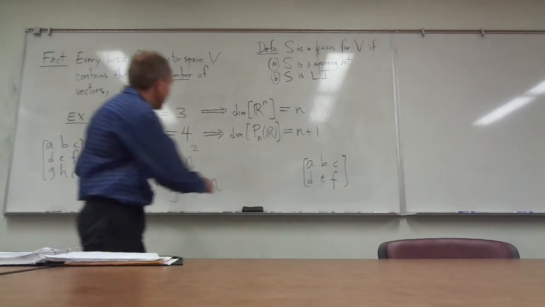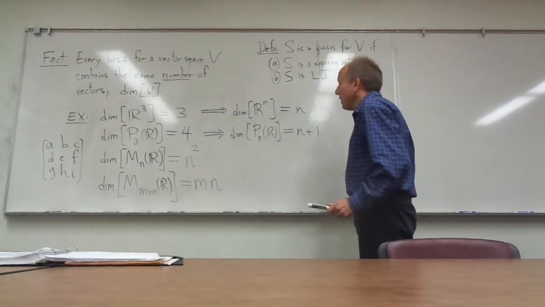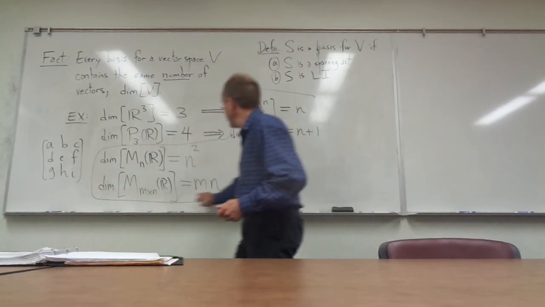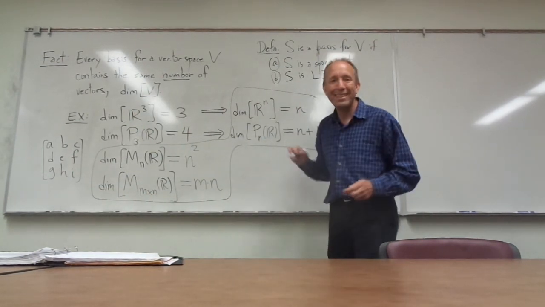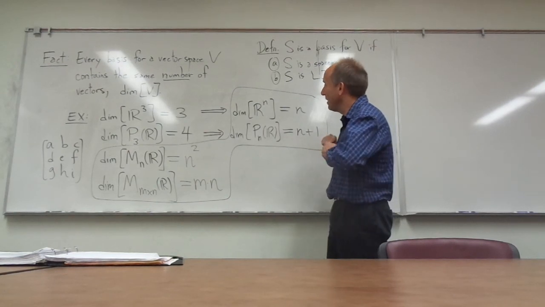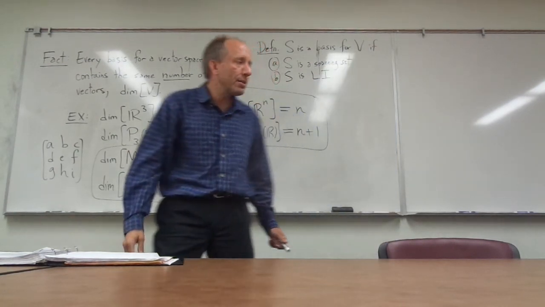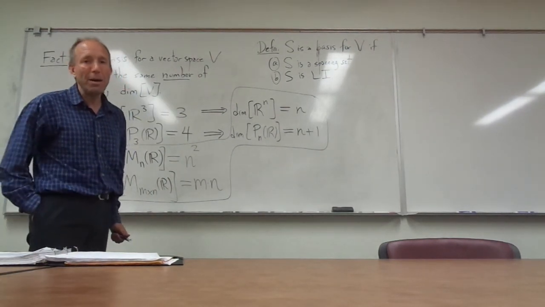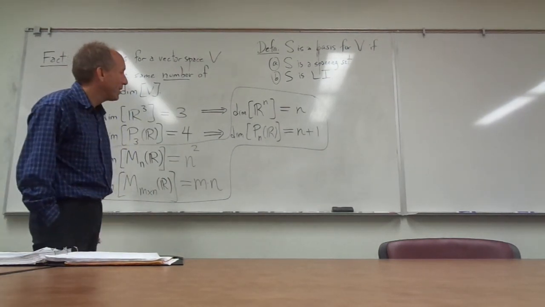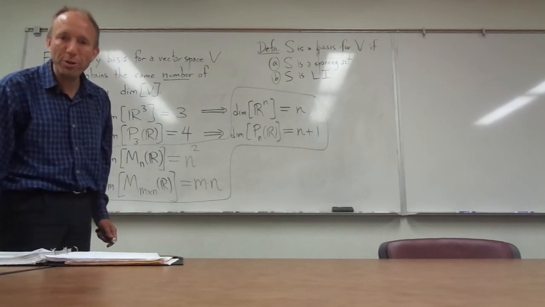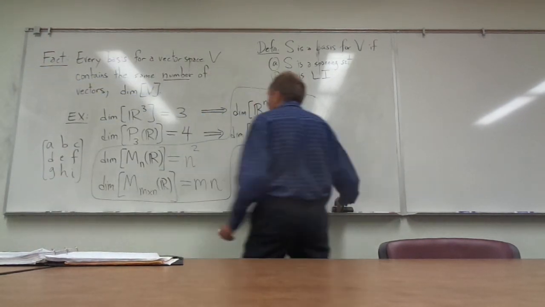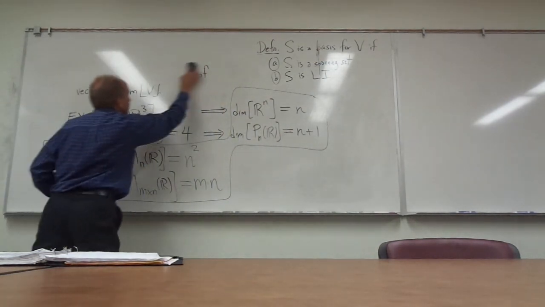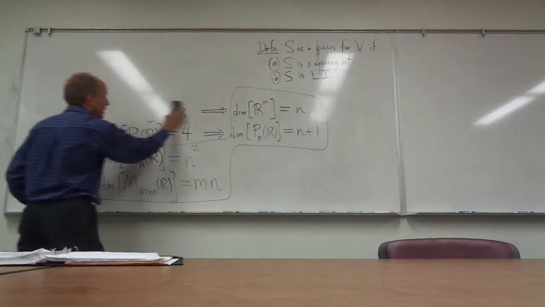So there's just a few formulas for you. These are standard. So right here, I guess I should put a box. This is standard information, guys. Anybody in a vector space class is going to need to know these numbers right off the top of their head. Those are the dimensions of those familiar spaces. Now, just to help you understand why every vector space has to have